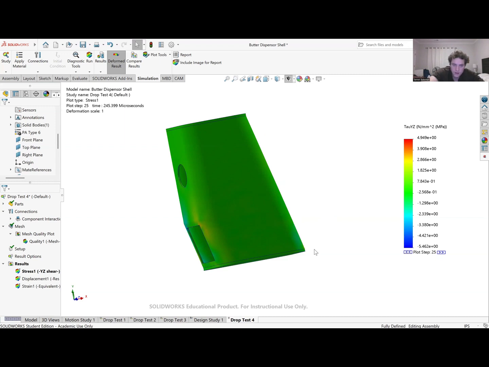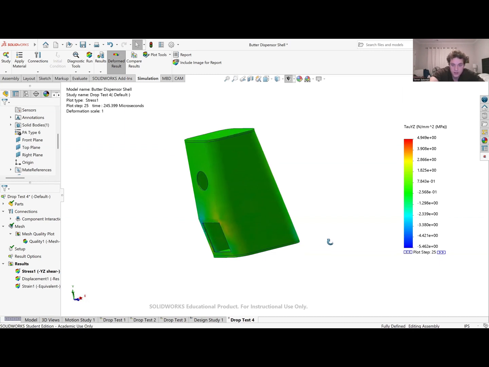And we can see here that the shear stress is roughly, the worst case scenario is negative 5.62 megapascals, compared to the other end, which is 4.948 megapascals, which is much lower than the shear strength